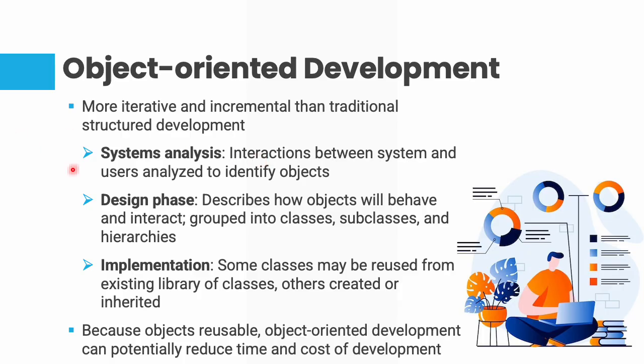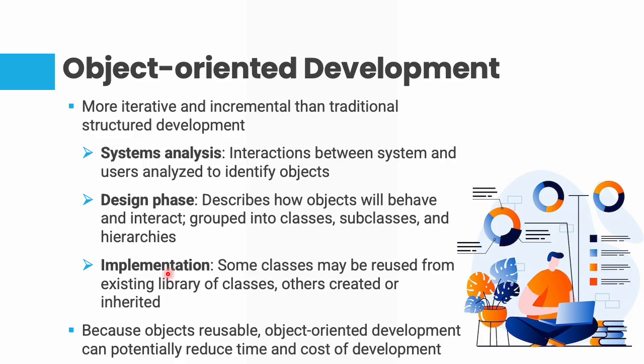and then in the design phase, we define how these objects behave and how they relate to each other. We group them into classes like book class and then subclasses like e-book or printed book. Yeah, these are the subclasses of the book that can inherit common traits. This creates a clear hierarchy, right? And then during the implementation, that is the actual building, okay?